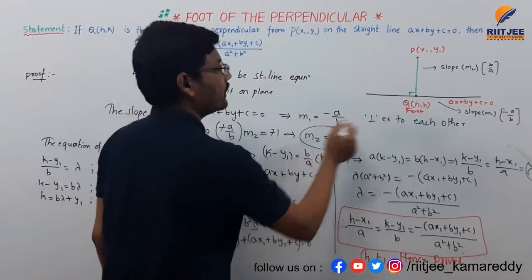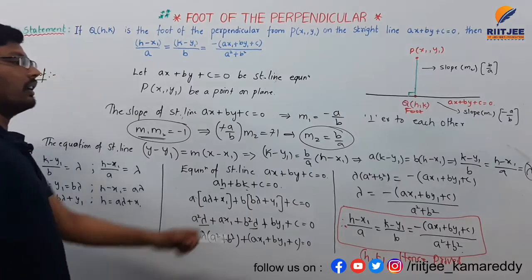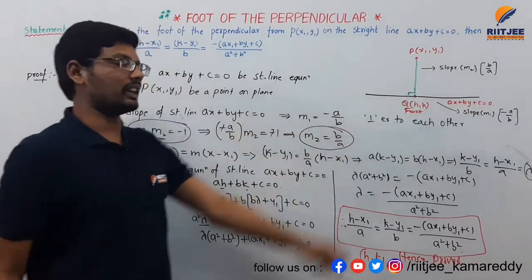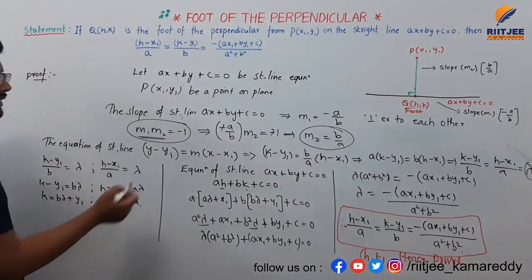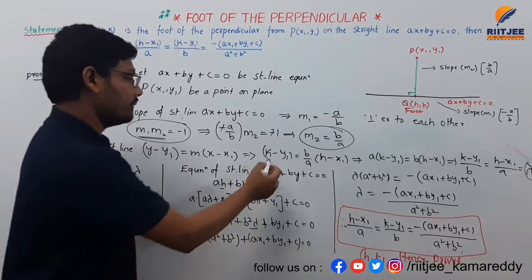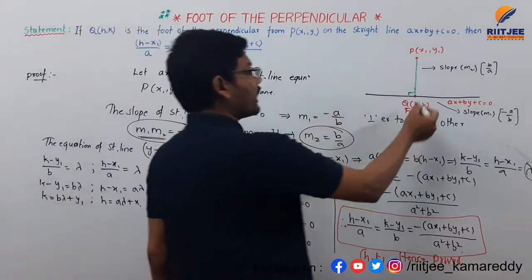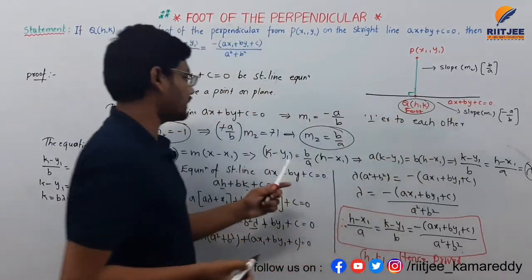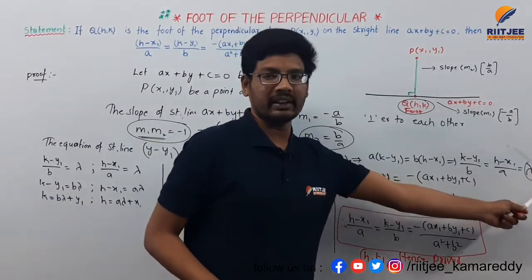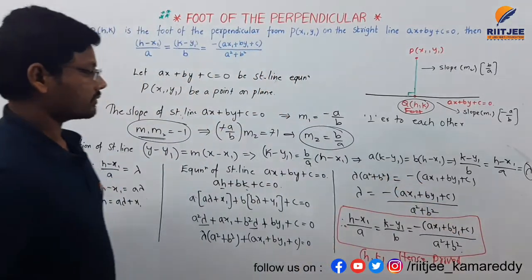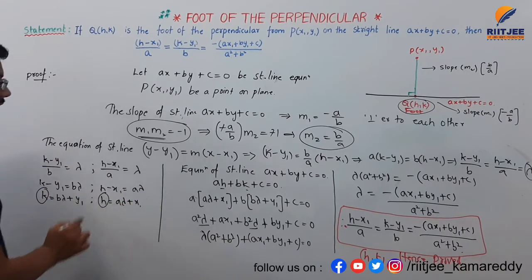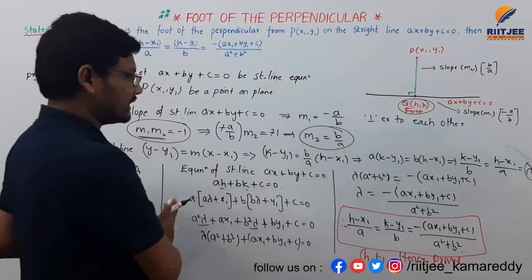Here we got the slope of this line, and we have a point and a slope. So we can find the equation of the green straight line. The equation of a straight line is y minus y1 is equal to m into x minus x1. Here y minus k, since this line is passing through the point q of h comma k, so I am substituting h comma k in this equation. I am considering a lambda parameter here, and from that lambda I am comparing the two values. From that we got h and k values, and we are keeping the h and k values aside.